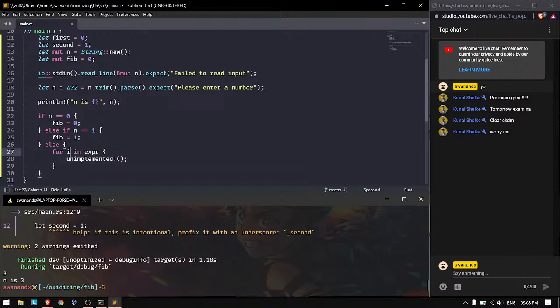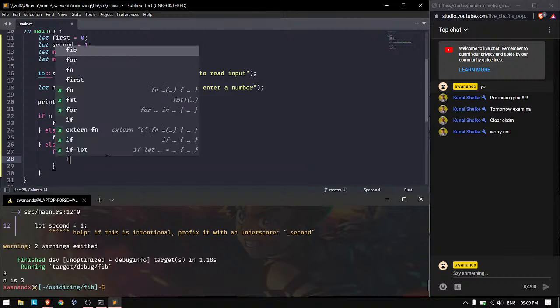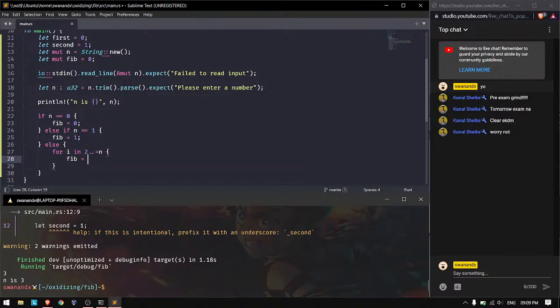Yeah, for i in the range from 2 till n. What we want to do in this range is say Fibonacci number is equal to our first plus second number, and once we add them, we are going to update the first number to be the second number